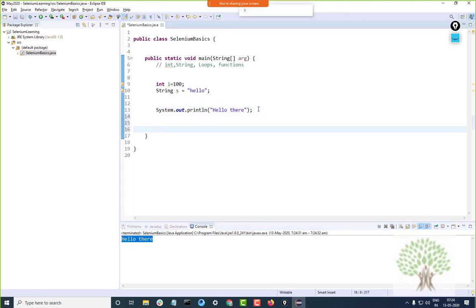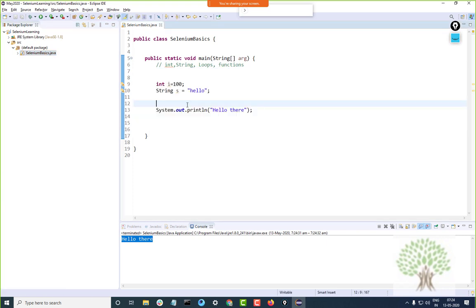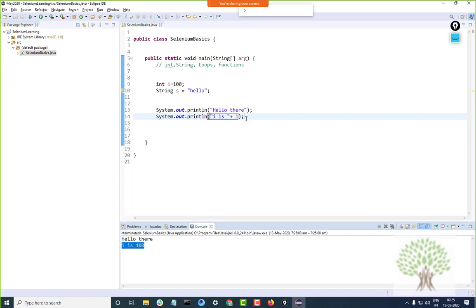Selenium Basics is a Java file in which we can write some code and print something. I can print the value of a variable, say I write "I is" and use the plus as the concatenation operator. It will print I is 100.